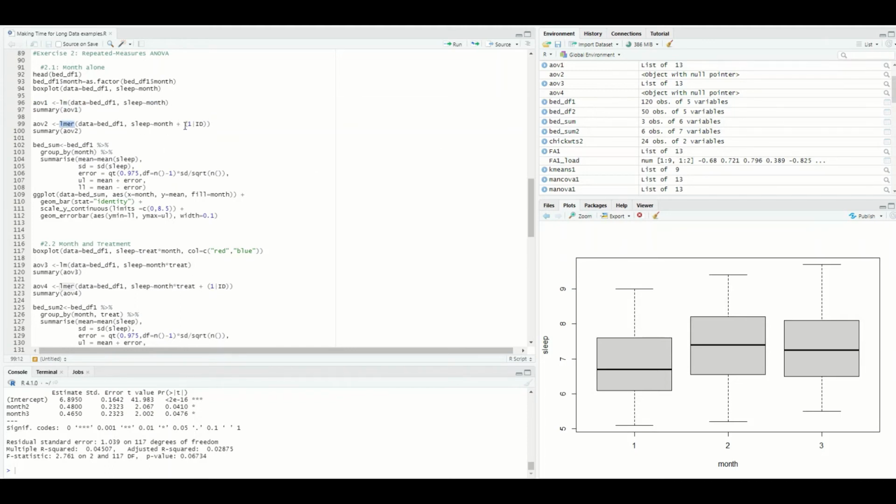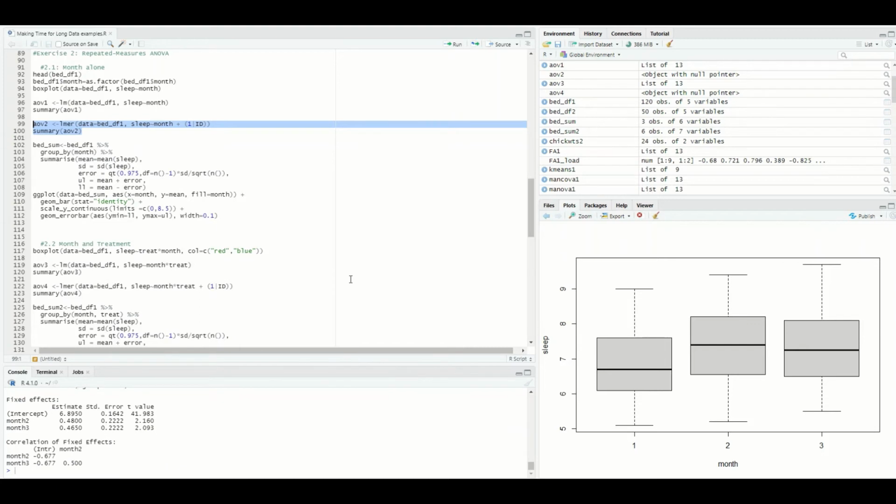Now if we want to account for our ID, so individuals being repeated across time, we'll use lmer, and this will have a random effect set up like this: parentheses with 1 bar ID, so whatever your random effect is. If we do a summary here. Now unfortunately, lmer doesn't natively do p-values, so you have to compare to a linear model that does. Now it doesn't give you the overall F statistic,